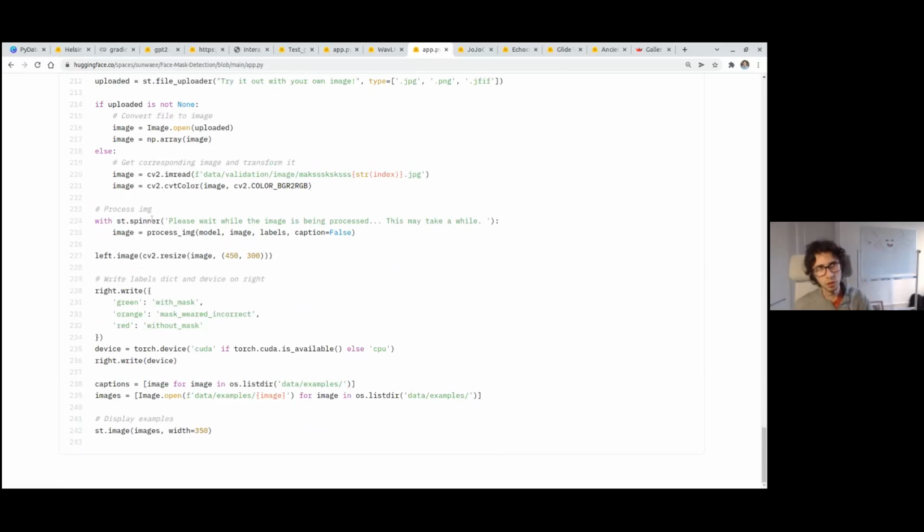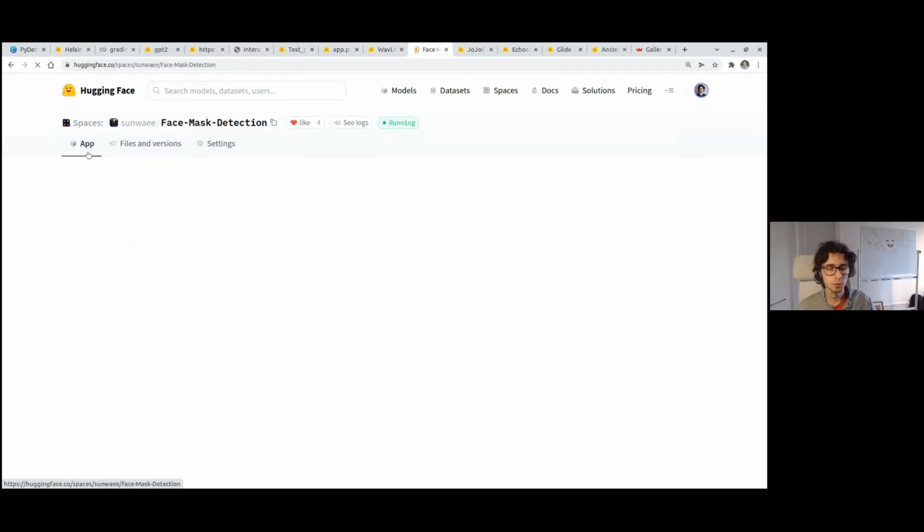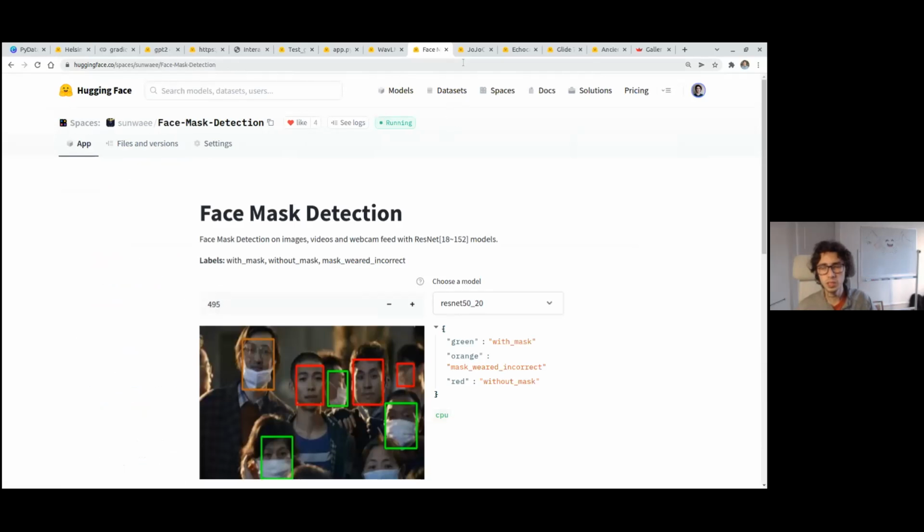So the conclusion of this is that if you already have a Colab or a Jupyter notebook in which you are expecting people to just run a bunch of cells, you can very easily, in a few minutes, translate all of that to one of these demos and make something much cooler, more interactive, and more accessible to even people that don't know about machine learning, which is very cool.